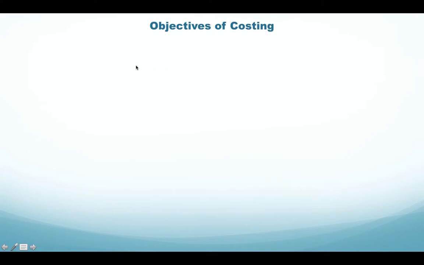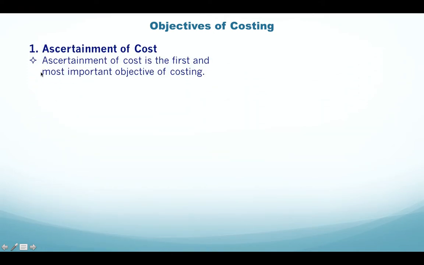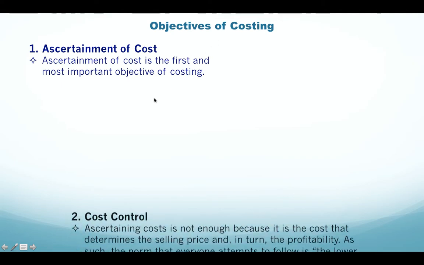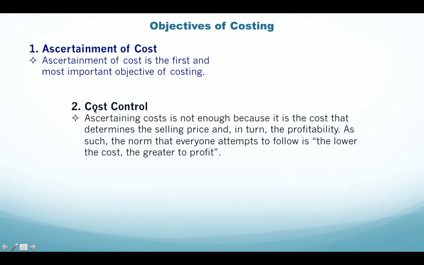So let us take a look at the objectives of costing. As we have learned, the first one is ascertaining cost. This is the first objective of costing. And the next one is cost control. Class, take note that if we have ascertained the cost, it is not enough because it is the cost that